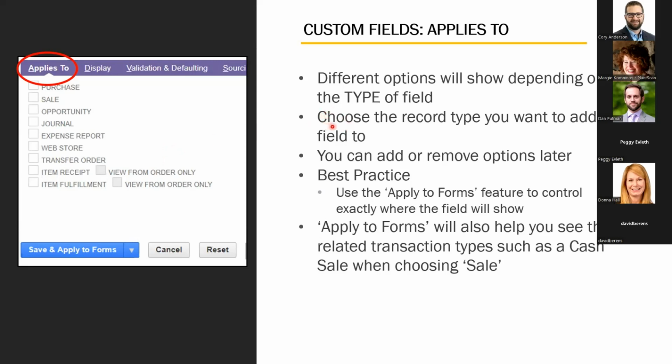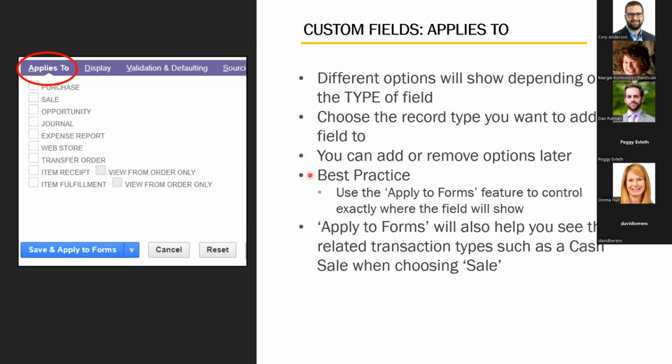So you want to choose the record type or the category of record types you want to apply the field to. You can add or remove options later on. However, I find that most people don't. After the field is created initially, you apply it to a bunch of different forms,